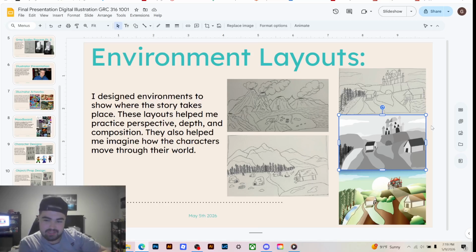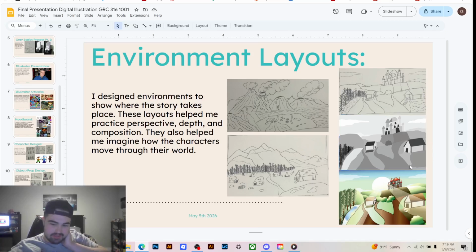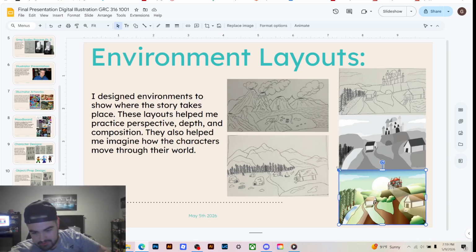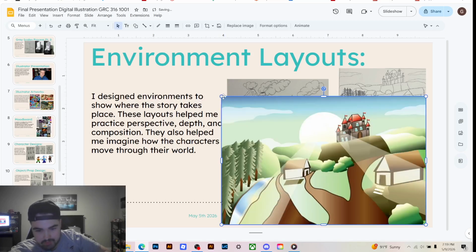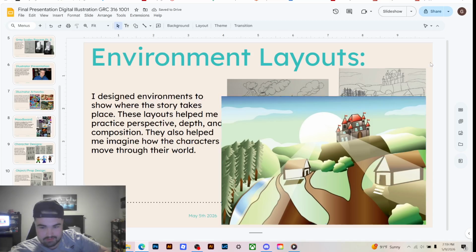So I still kept it a little bit simple, but the issues I had were most likely the trees, and I would say some of the pathways here and there. But after that, showing the third one right here, I'm going to make it bigger to show you all, because I want to show how detailed it was. Like I said, I'm just going to point out some of the issues that I had